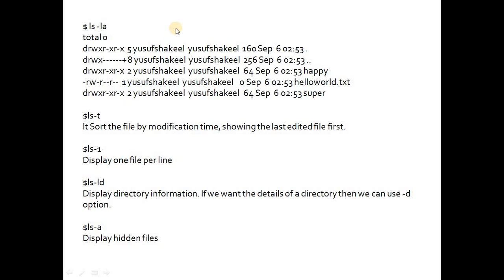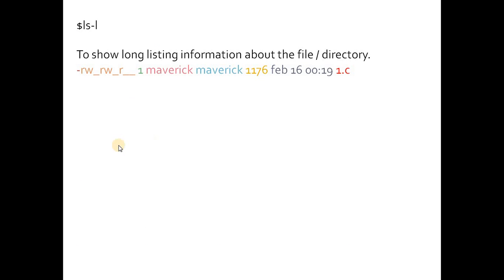This is also a long listing where you can see the first character of the line. Then you can see something like rwx. Then you can see some numbers. I shall discuss this one line in the next screen. So here you can see that we have taken one line of the previous output.